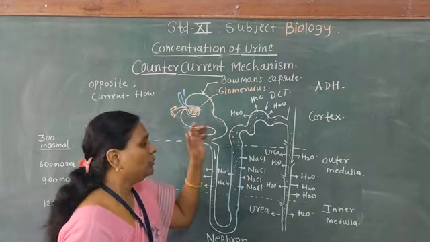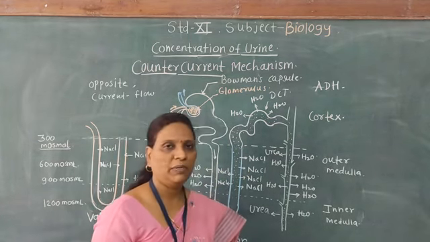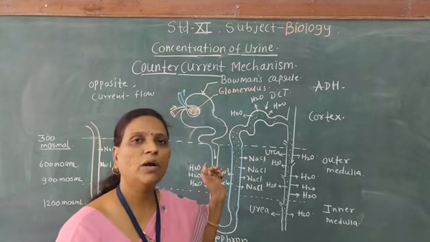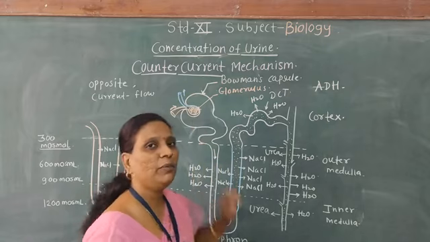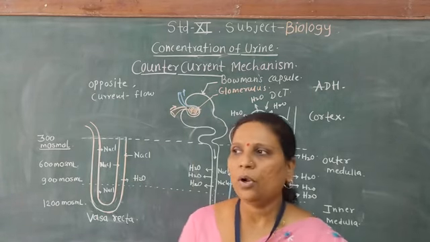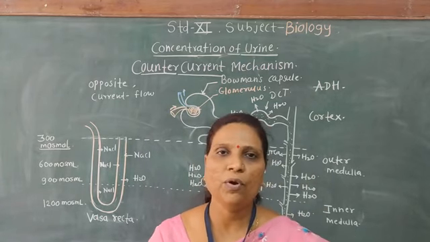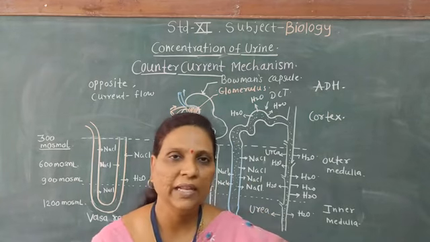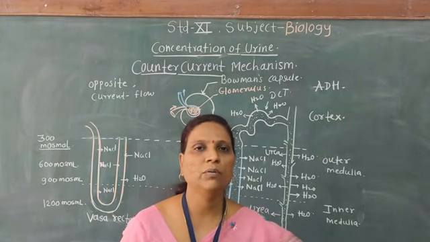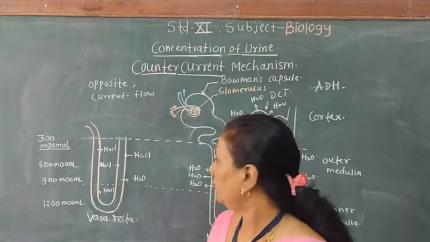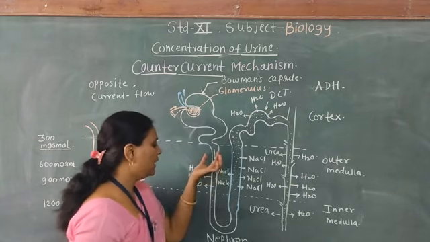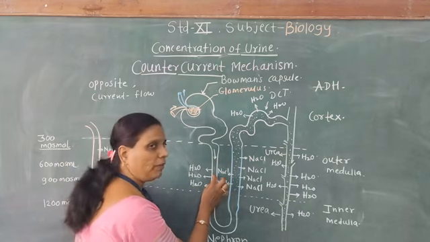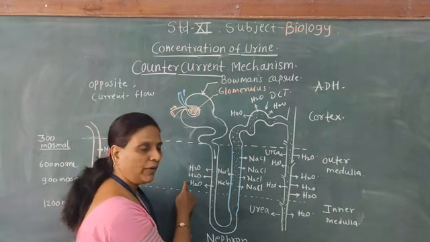Now how does the counter current mechanism take place? First of all, counter means opposite and current means flow. So the tubular fluid flows in opposite directions in the loop of Henle, and so it is called the counter current mechanism. Now in the descending limb, the water moves out from the tubular fluid into the tissue fluid, and